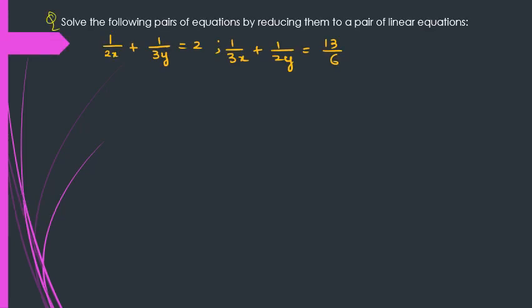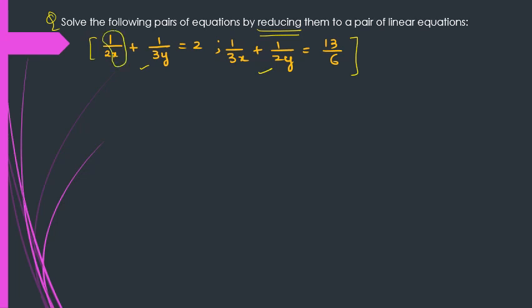Here, if you solve it directly by substitution or elimination or cross multiplication for that matter, you will find that if you take the LCM, it takes the form 3y plus 2x equals 6xy, which cannot be solved then, right? So in order to solve this type of equation, to avoid the product of two variables, what we have is reducing the variables. So just find out what is common in both of the equations.